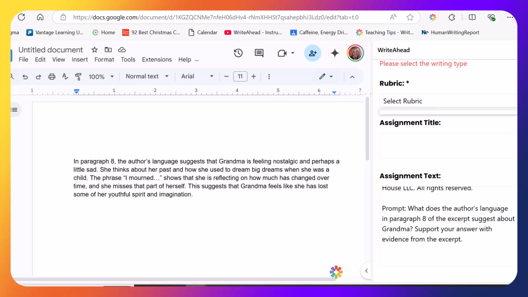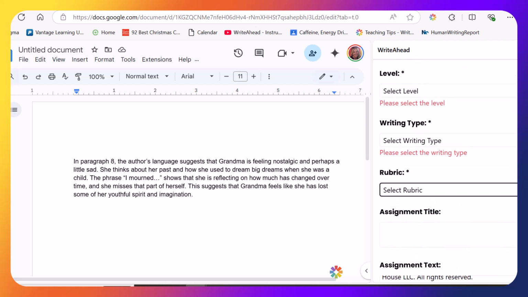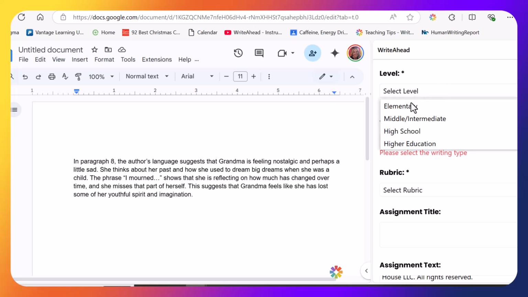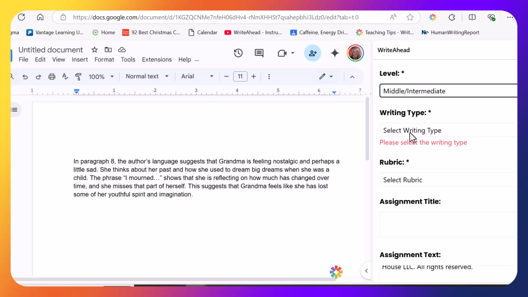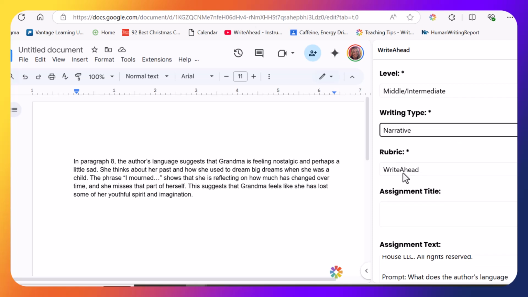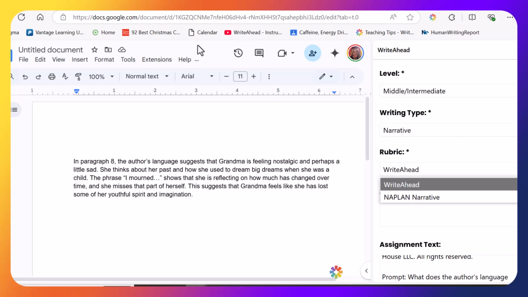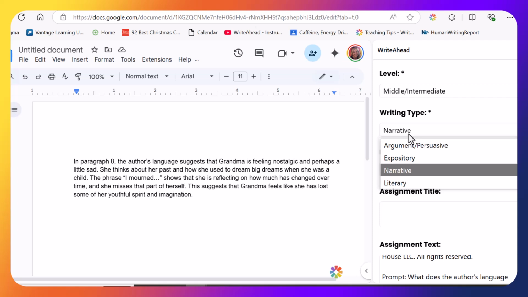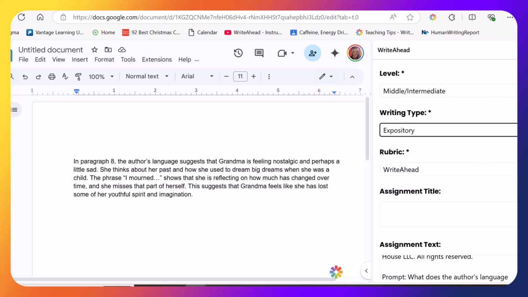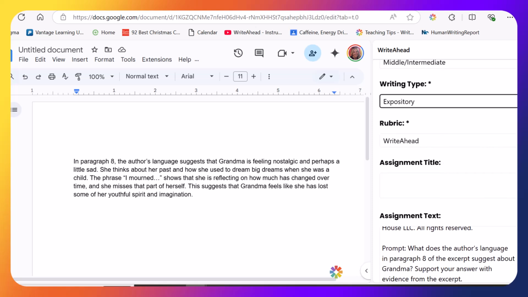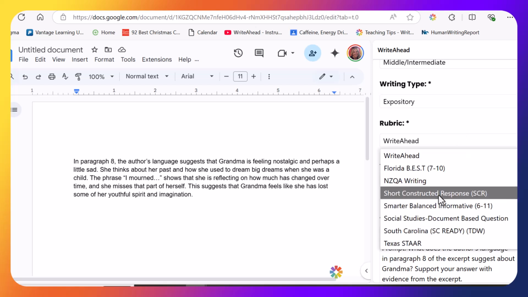I have to go and select these. This is going to be a middle school expository, and I'm going to select, again, the short constructed response